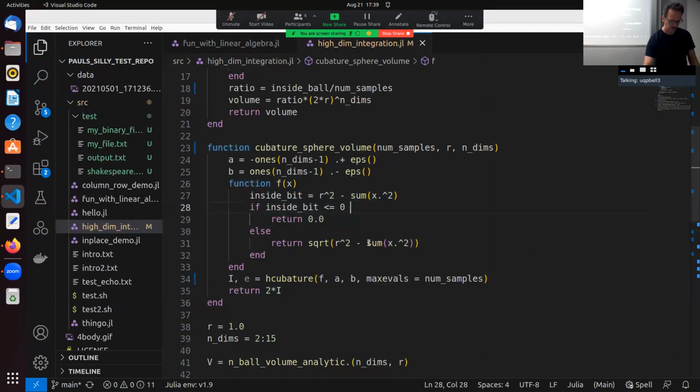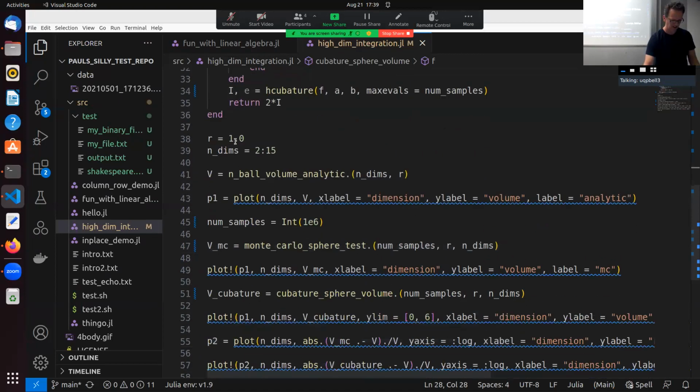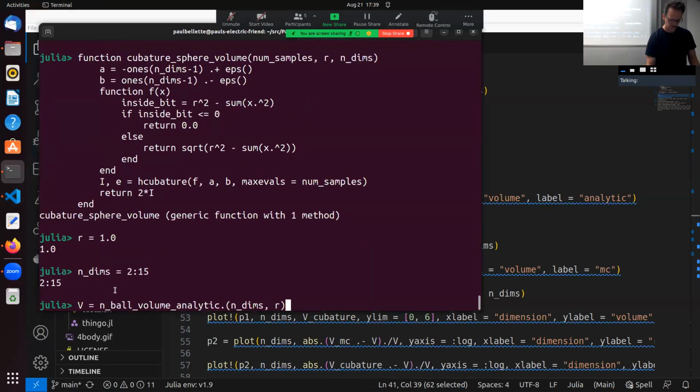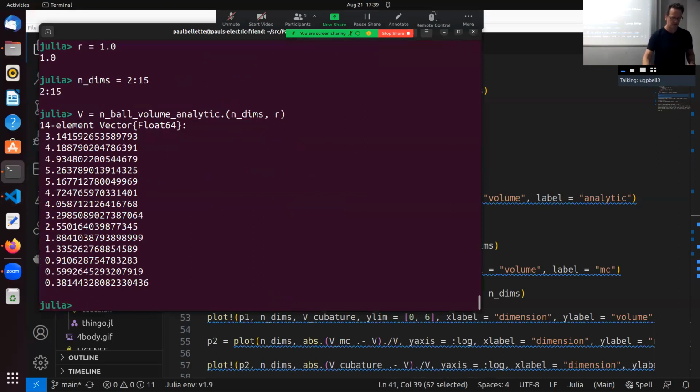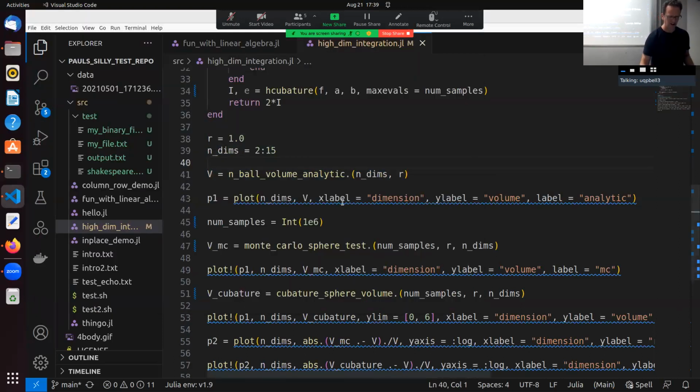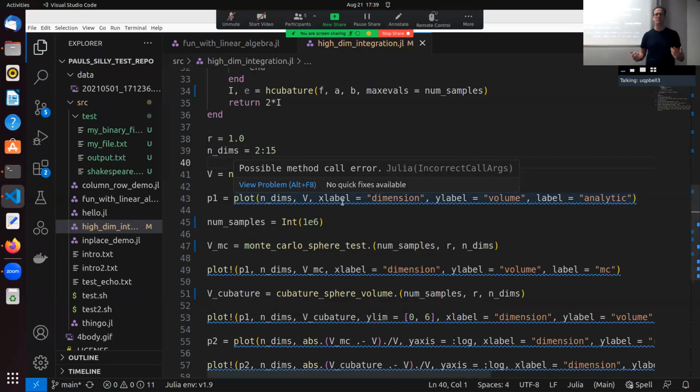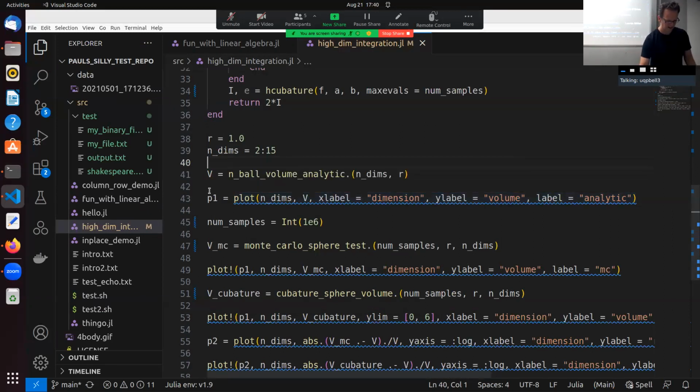Okay. That's the equivalent thing for the sphere volume. I'm not going to talk about that too much. So we're going to fix the radius to 1, and go from dimensions equals 2 to 15. Cool. I love maths, but I have a terrible intuition for high dimensional geometry. This confuses the hell out of me, right? If I plot this, what I'm plotting is